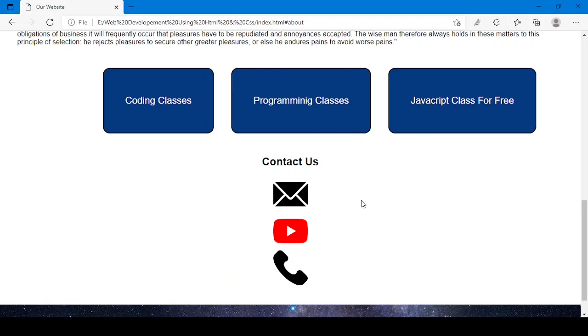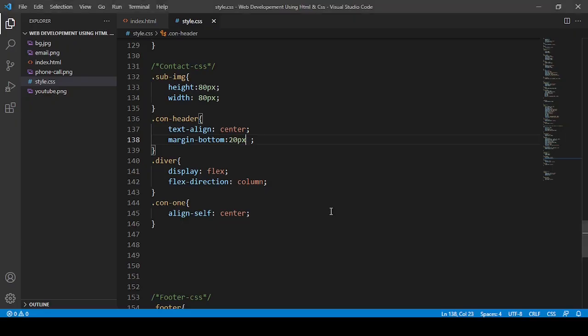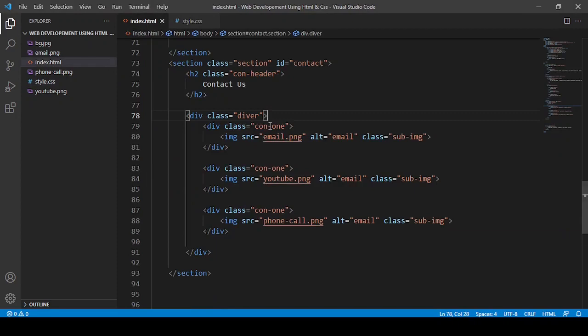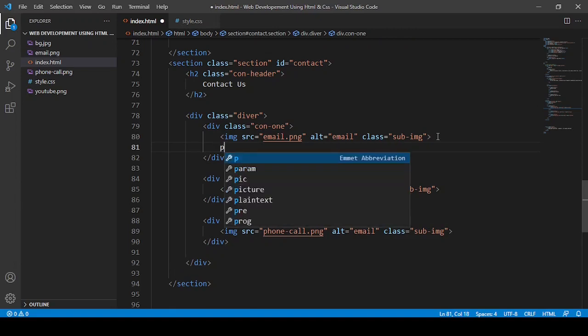Now here, what you can do is, in this one I want my email to display when I hover on this. So what I can do is, in each one I can give here p does magic.